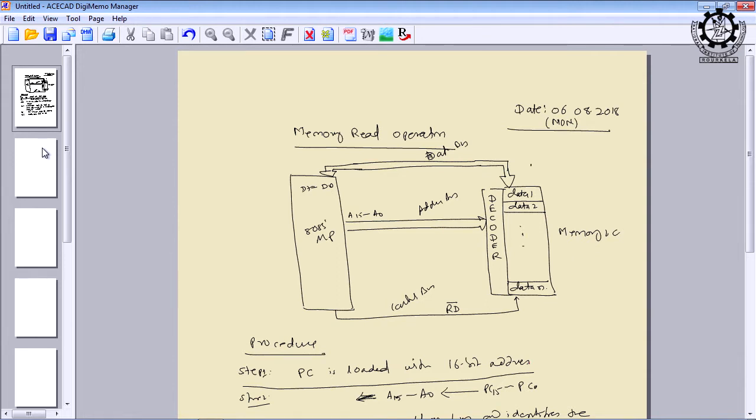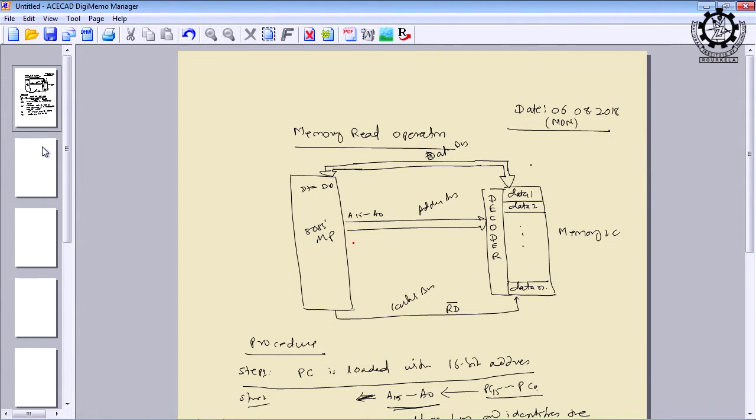Then, since the program counter is a 16-bit register, there is a 16-bit address bus. So, there is a 1-to-1 correspondence between each cell of the program counter and one line of the address bus, right. The program counter content, that is PC0 to PC15, now will be transferred to A0 to A15. A0 to A15 is the address bus where the address will be loaded.